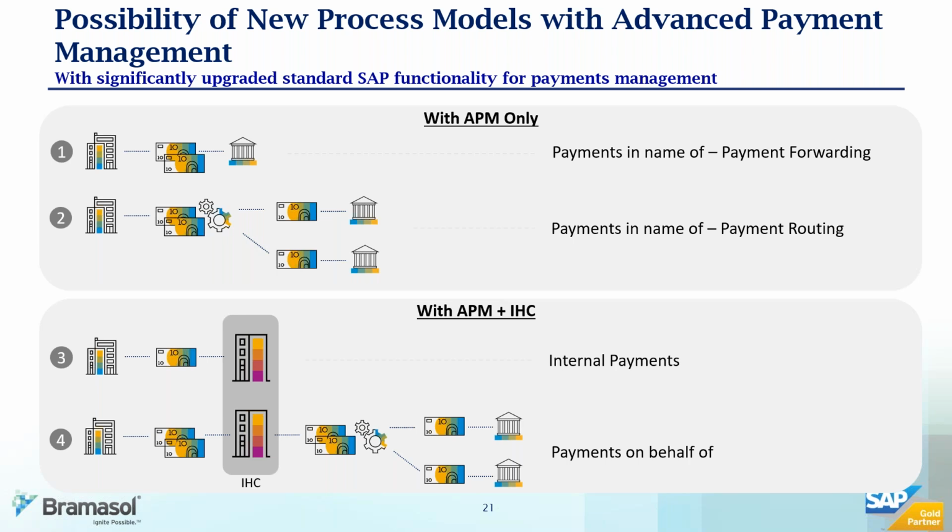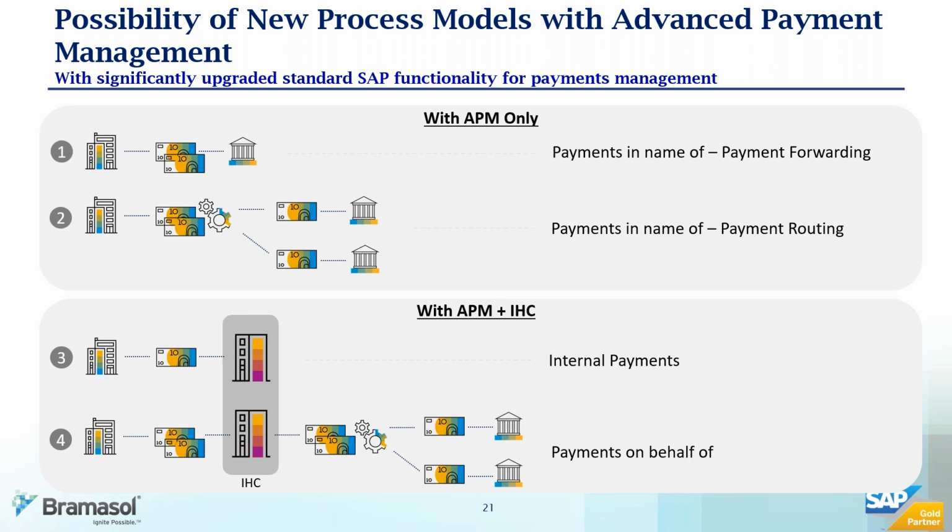Scenario number 2 is, again, payment in the name of, but you're making some routing decisions within your advanced payment management capability. So your source systems could be sending you payments, which could be Excel, which could be text file, which could be multiple formats. You can bring them over into advanced payment management solution, where you can apply additional rules around enrichment, around routing,